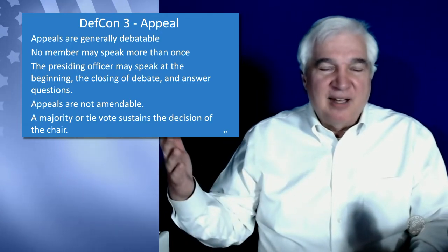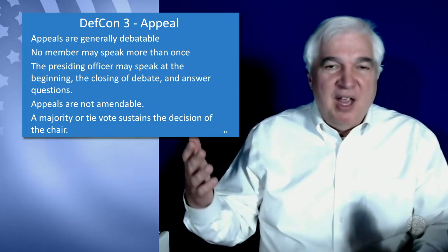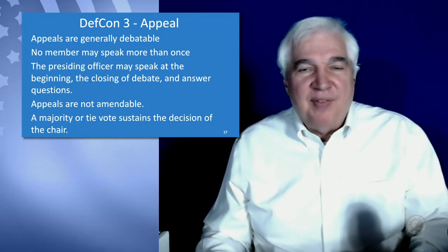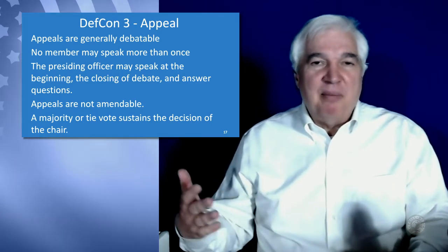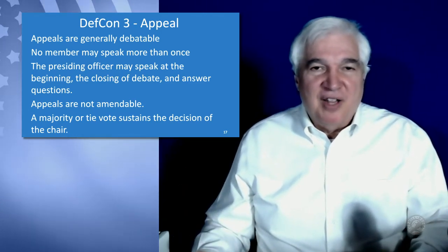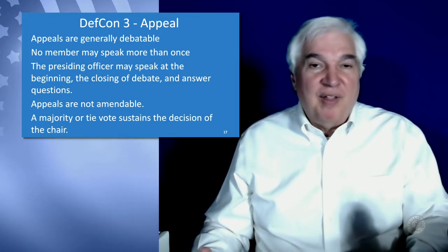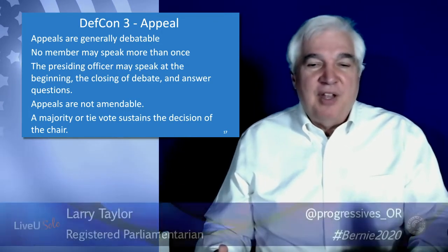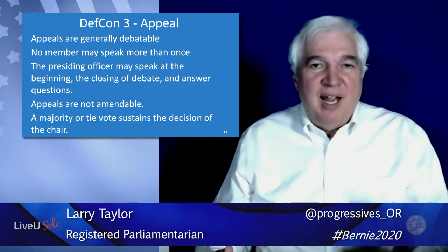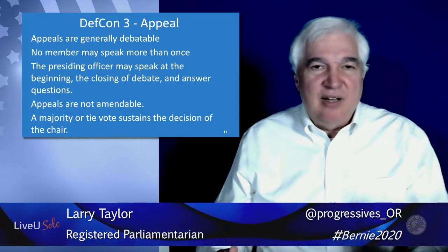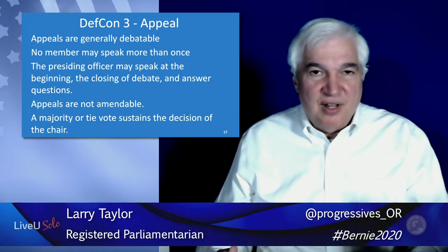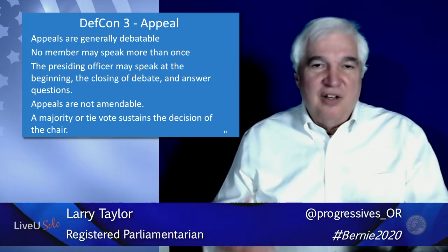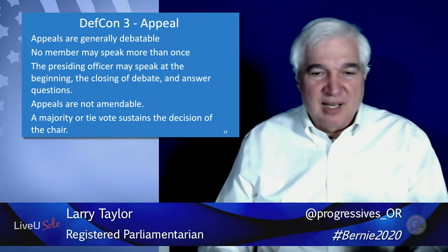And then the chair has the opportunity to speak first, and they say why they have ruled the way they did. And then everyone in the Assembly has one opportunity to speak. And then the chair has a final opportunity to wrap up. They can say, after hearing all this, I tend to agree with you. Or they can say, I'm not moved in my opinion, and my decision still stands. And then the chair conducts a vote, and it takes a majority to overturn the chair. So a yes sustains the ruling of the chair, and a no does not. A no means you don't agree with the ruling of the chair and you're voting against it.